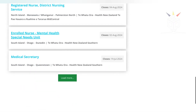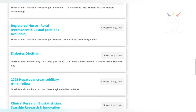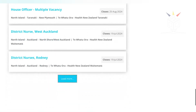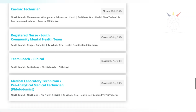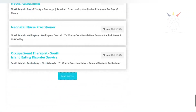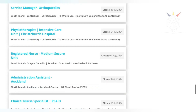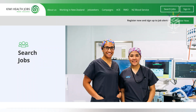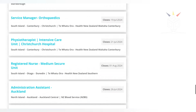If there are other jobs, let's load more jobs. You can see registered nurse, diabetes dietitian. You can see loads of jobs here. District nurse, registered nurse. I'm just saying nurses everywhere. Another mental health nurse. So guys, all of these opportunities, you can see vetting unit, community. You can always apply for these jobs. I don't want to take your time, so you can always check through. And again, let's go back to